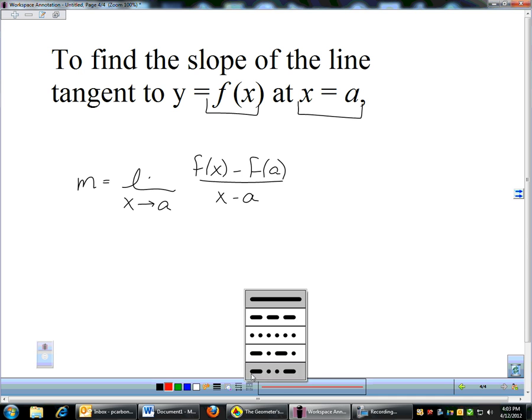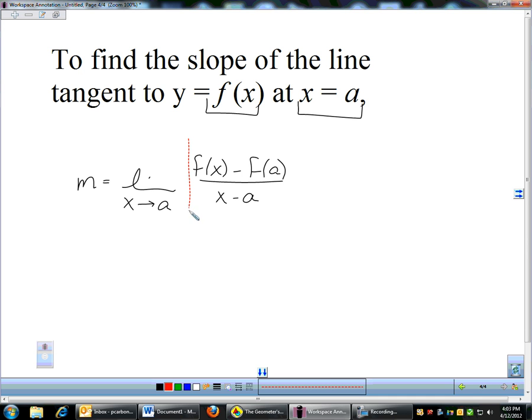And if you remember from about a week ago, a few days ago, that fraction right there, f of x minus f of a over x minus a, that is the average rate of change that we did earlier. So this is kind of pulling it all together. That's the average rate of change from earlier in this chapter. So we do the limit as x approaches a of the average rate of change, f of x minus f of a over x minus a. So that's what we're going to do, and we'll hammer this out a little bit more